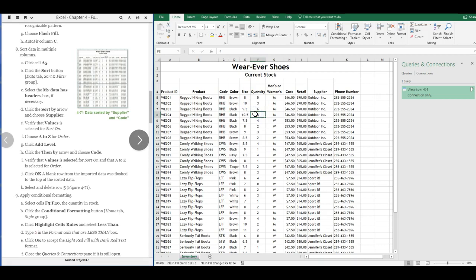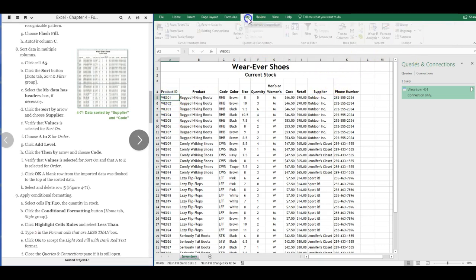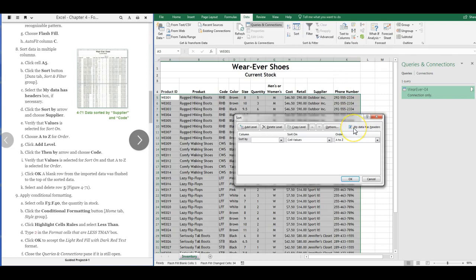And then we can sort data by multiple columns. We click on cell A5 and click on the sort button up here. We'll make sure our data has headers. First thing we're going to do is sort by supplier, values A to Z. We're going to add a level and then sort by code, cell values, A to Z,